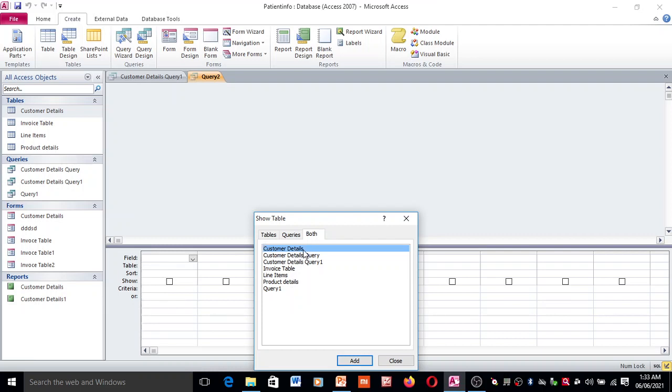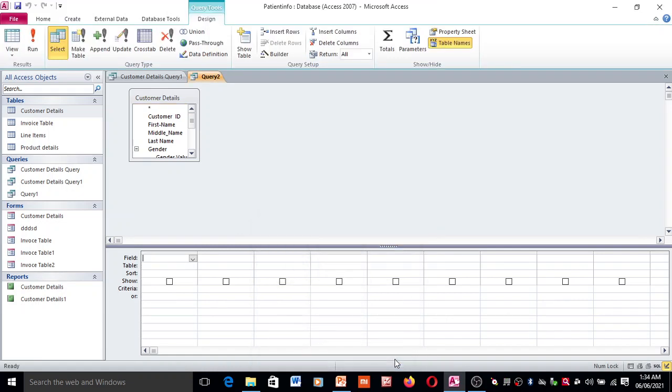Here you can see all the options are available over here. Select customer details and add and close.